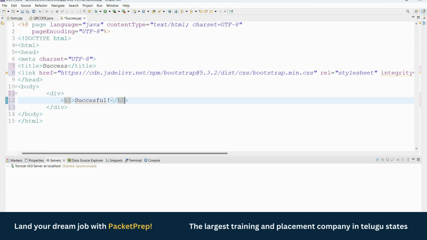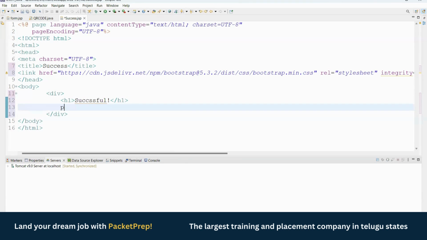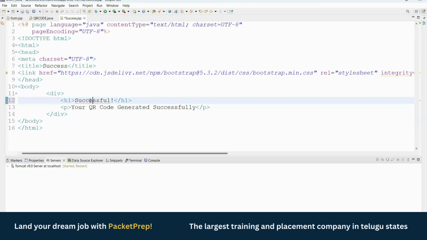After this, we'll display a paragraph: Your QR code generated successfully. Okay. Now we'll style this using